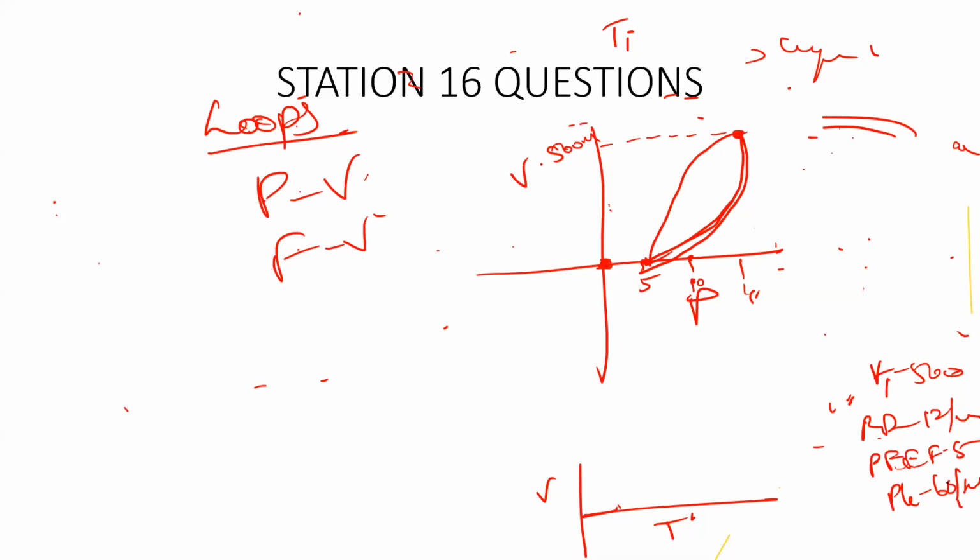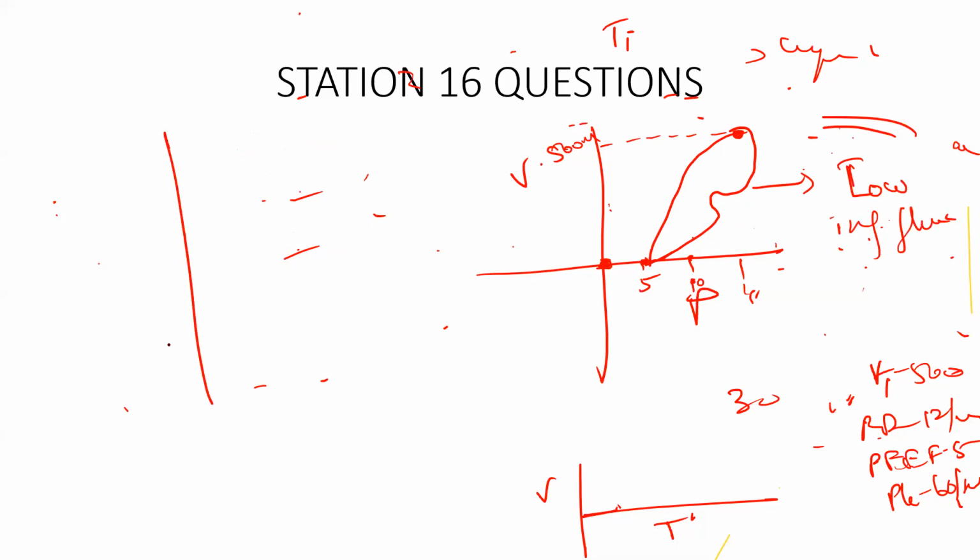If the inspiratory flow is not sufficient, so instead of 60 liters, if we keep only 30 liters, there will be a cusping of the inspiratory limb in the pressure volume loop. When you see cusping here, it means there is very low inspiratory flow. Second loop. When will we see cusping? When there is a low inspiratory flow, instead of 60 liters, if we keep only 30 liters, which is less than the patient's peak inspiratory flow, that causes cusping.